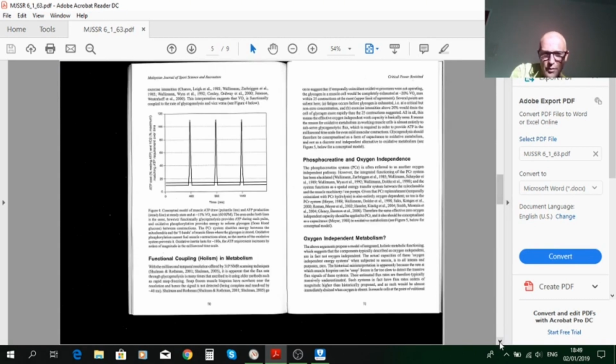How does that work in the world of physiology? What's the mechanism behind this theory? Well, here it is on this figure at the top of page 70 of this review. What you see there is two lines. One is a straight line down here at around about 17% in this case of maximum oxygen consumption per unit time. 17% of your VO2 max, for those that understand a little bit about exercise physiology.